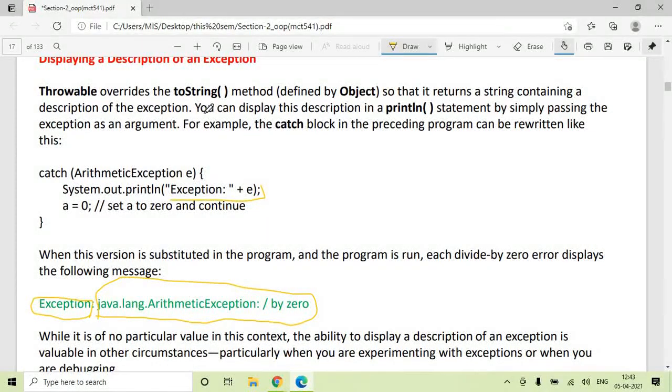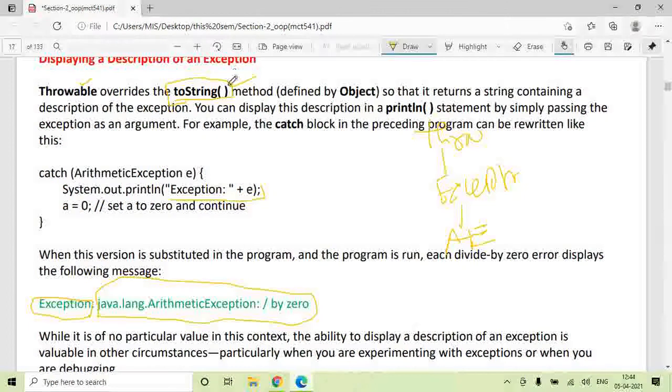And here there is one toString method. There is a toString method which is defined in Throwable. Throwable is a class which is a supreme class. We have seen Throwable is a supreme class. From Throwable we have derived an Exception class, and from Exception class we have derived an ArithmeticException class. So if you want to define your own exception messages, then basically you need to override this toString method.